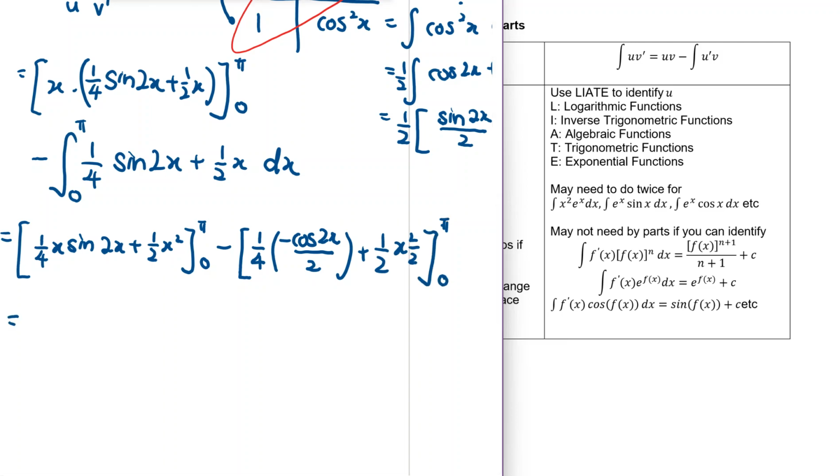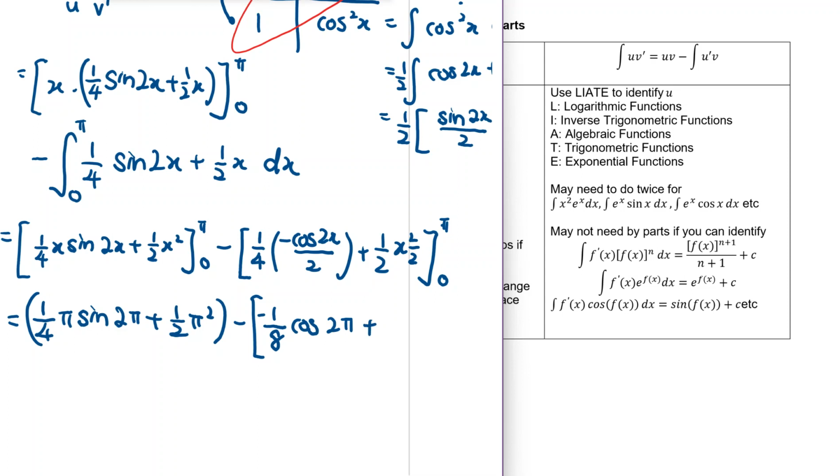And now all I need to do is to put in my definite integral, and I realize that there will be a lot of zeros, plus half pi squared. This will be my first one, minus, if I put in 0, that will be 0, so I don't need to care. Put in here 1 over, you have to be very careful, 1/8 cosine 2 pi